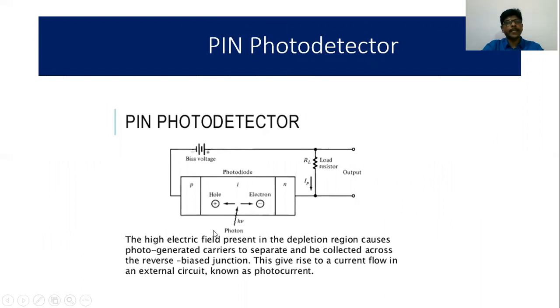As you can see in the diagram, we have the P region, you have the N region, and in between we have the I region, or also called as the intrinsic region. Compared to a normal PN junction, you would see that by introducing the I region, the width of the depletion region has increased. So the depletion region is right from this region to about this region. And the PN junction is reversed biased. As you would see, the P region is connected to the negative terminal of the battery, and the N region is connected to the positive terminal of the battery, and across the load resistor outputs can be taken.